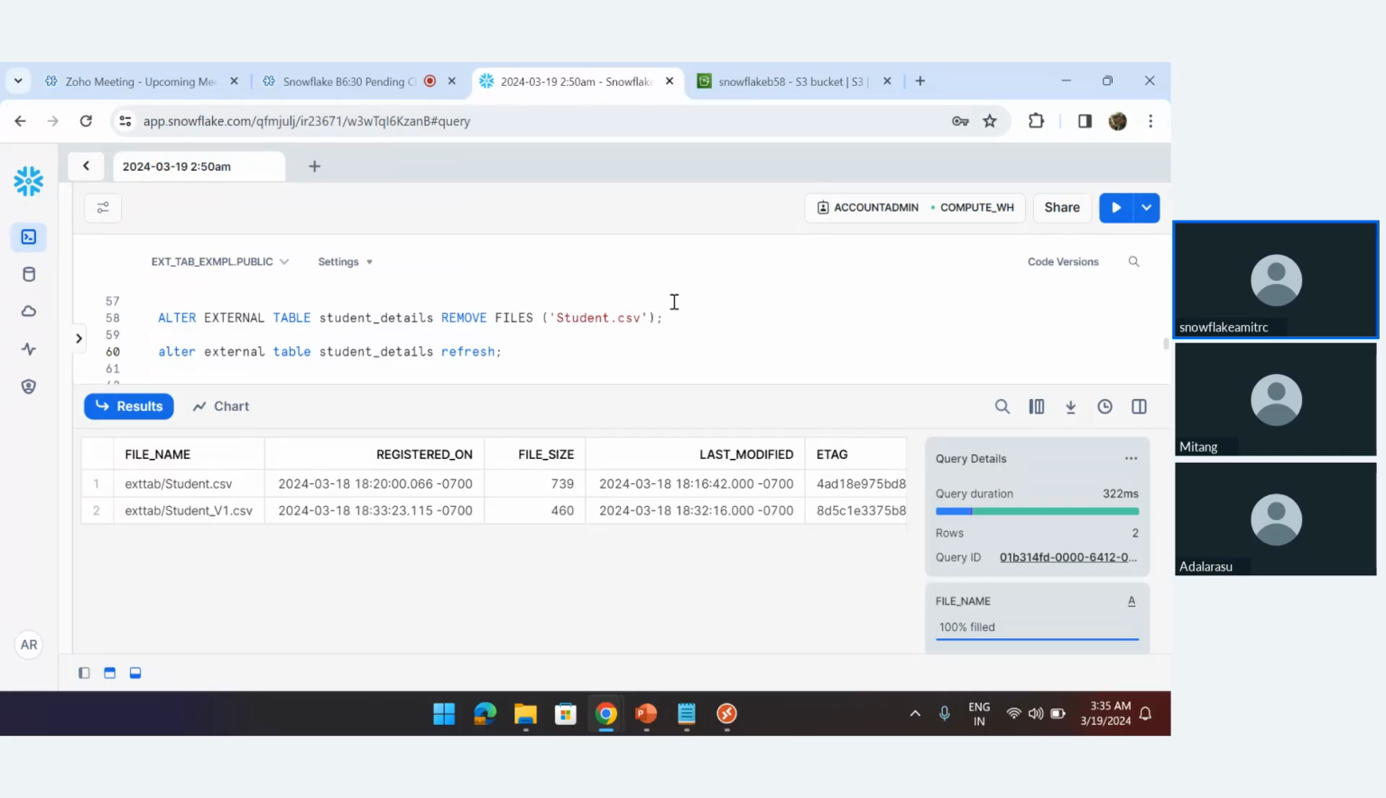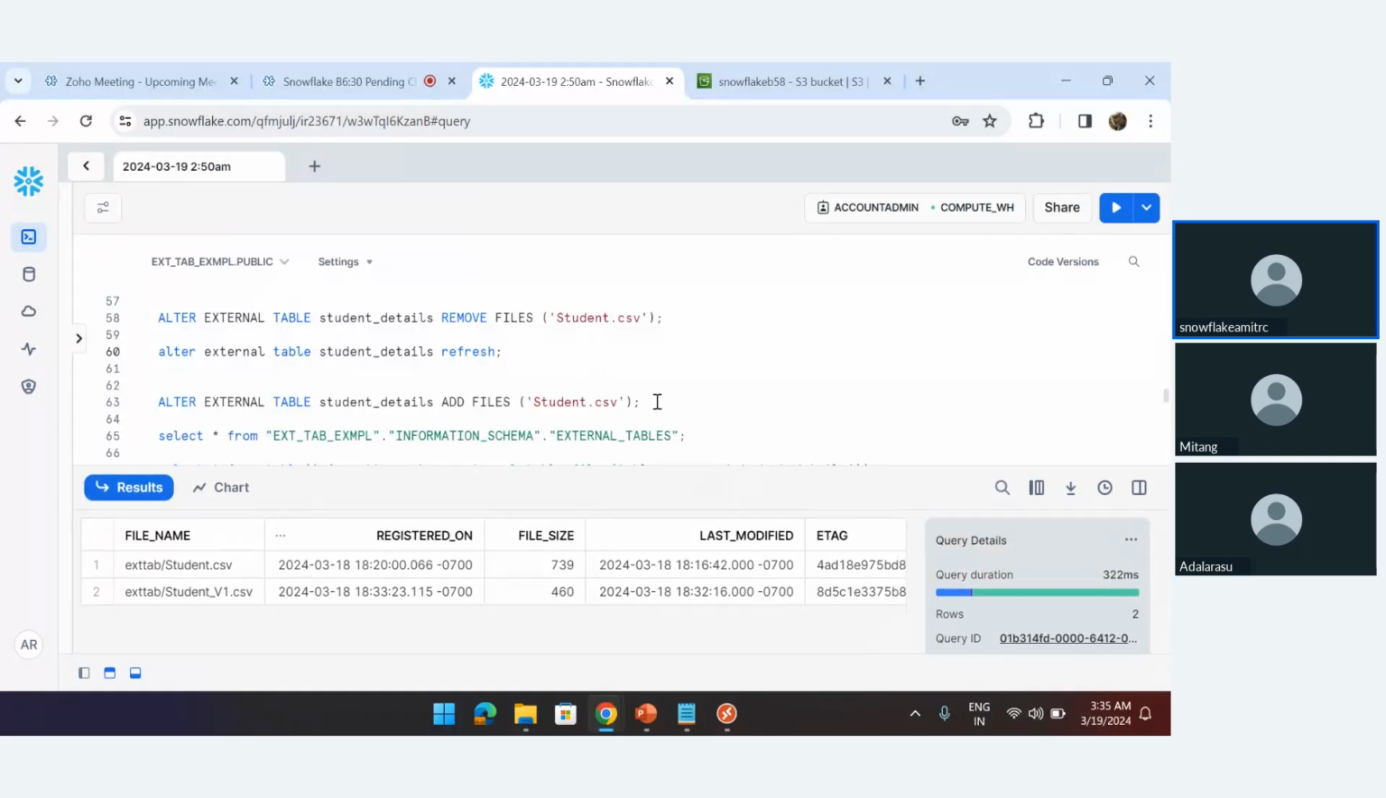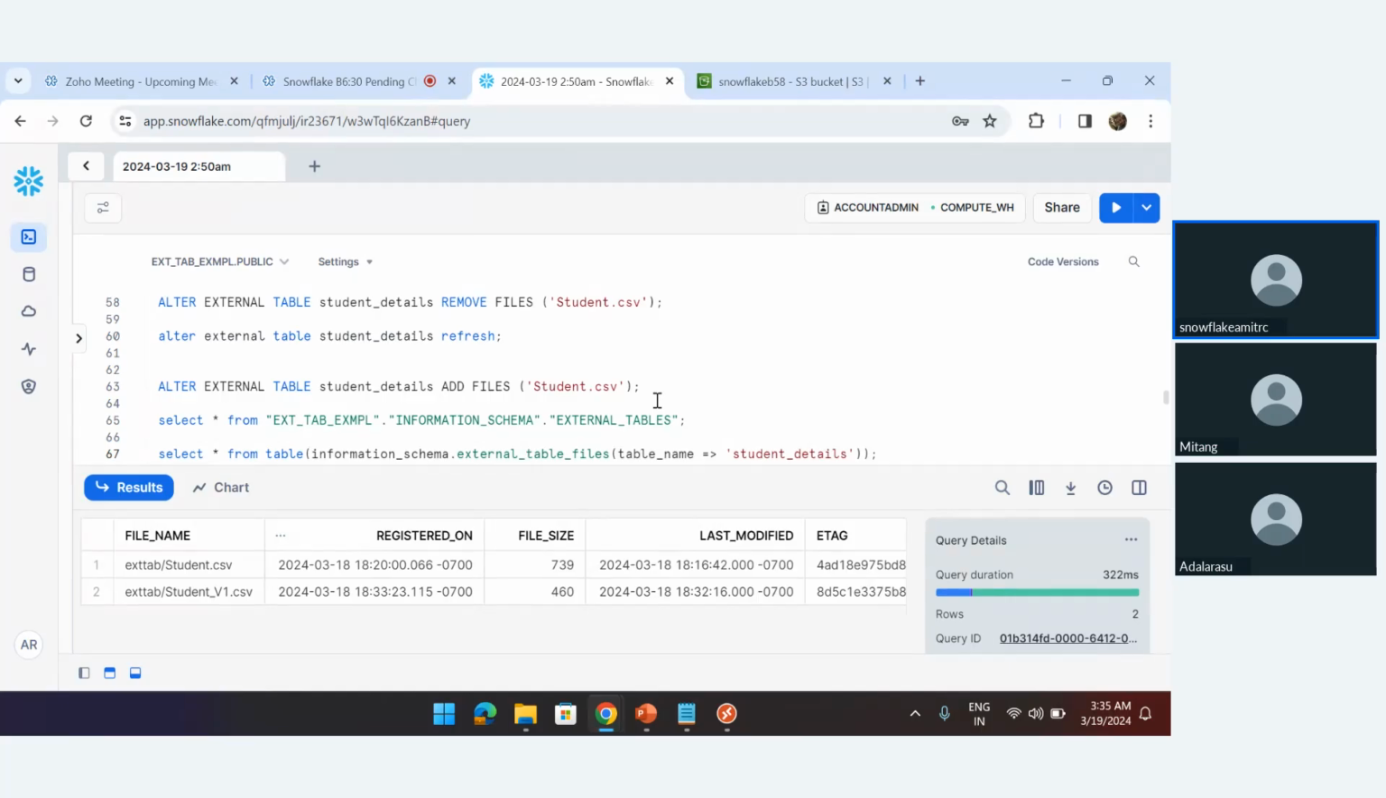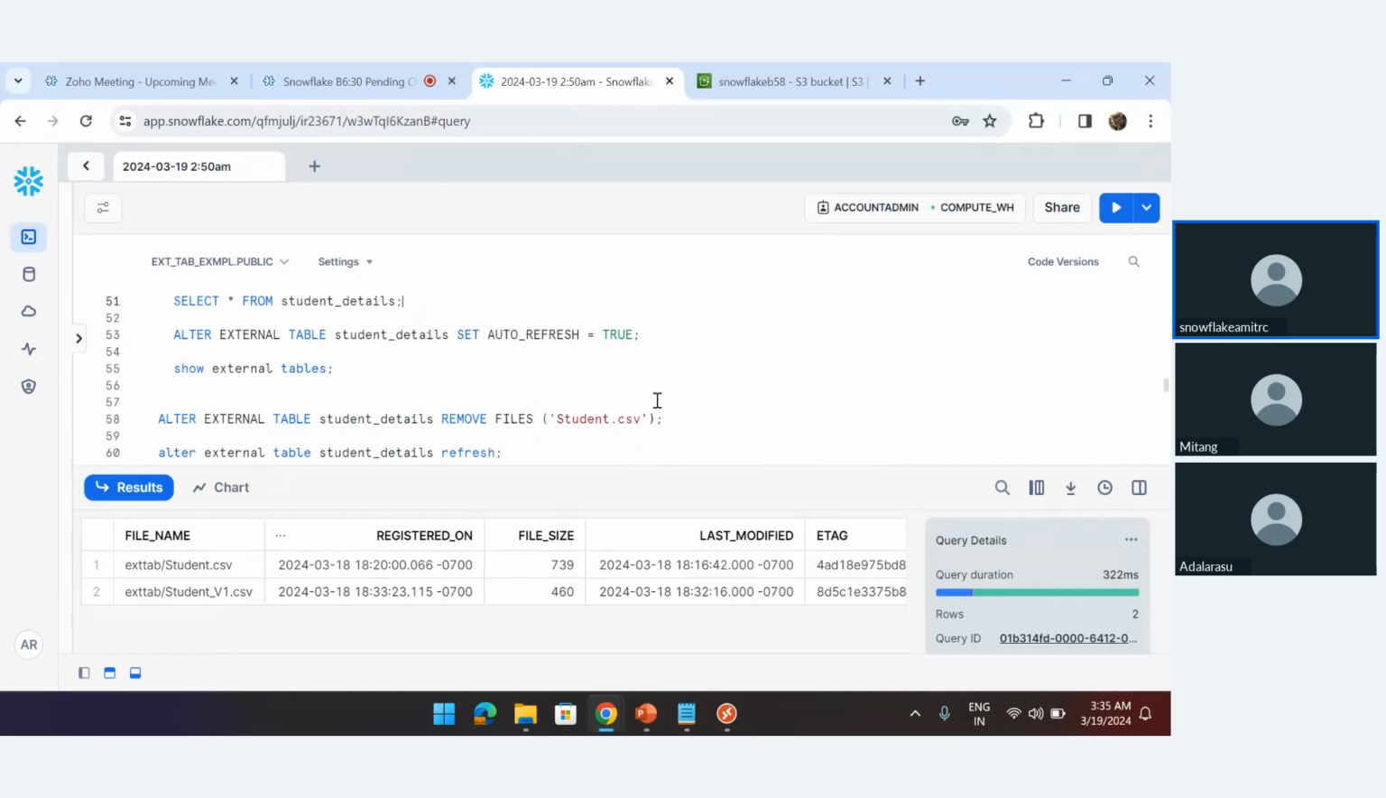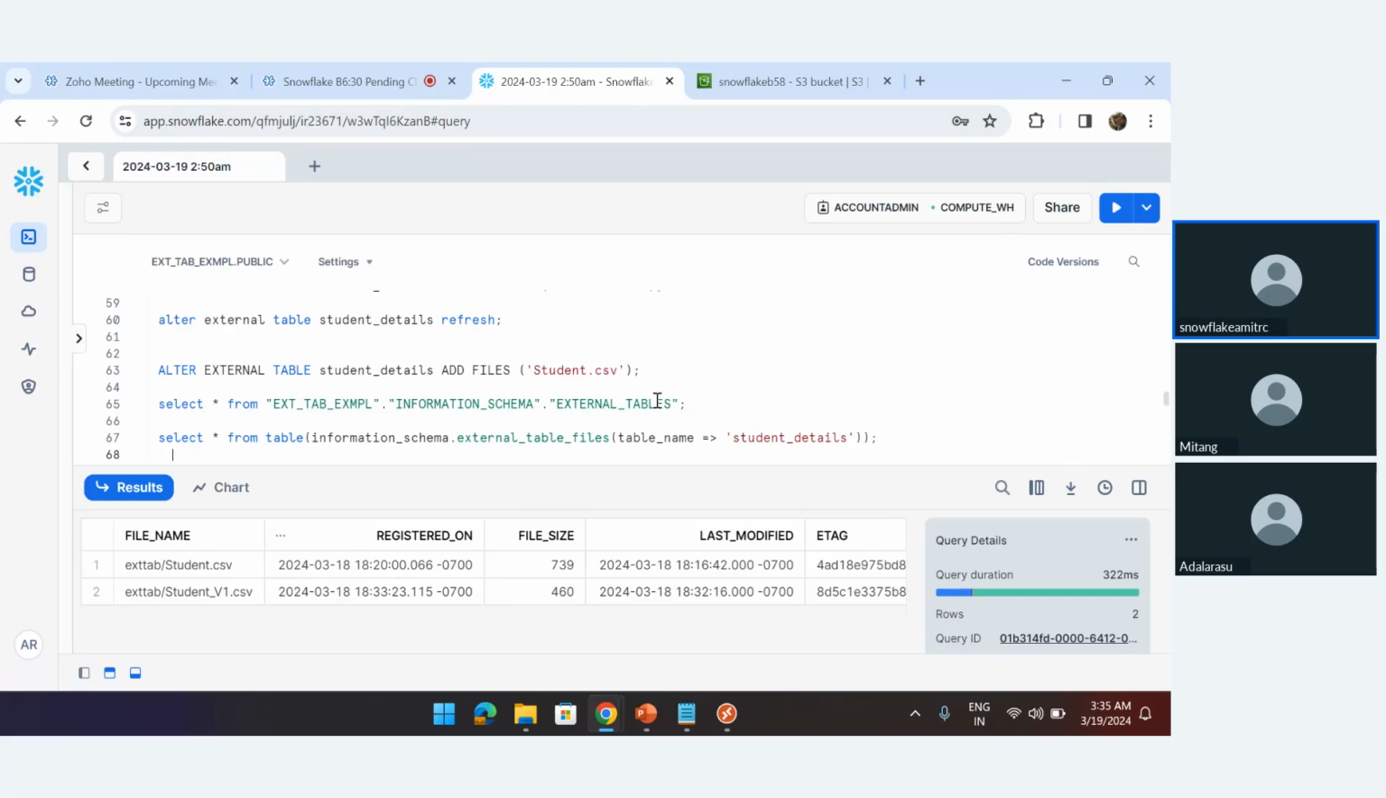Now, for example, let's say after some time I don't want both the files to be loaded into the table. That means I simply don't want to see both files' data from the table. I want to see only student_v1.csv. So in that case, what you can do is simply write a statement like,